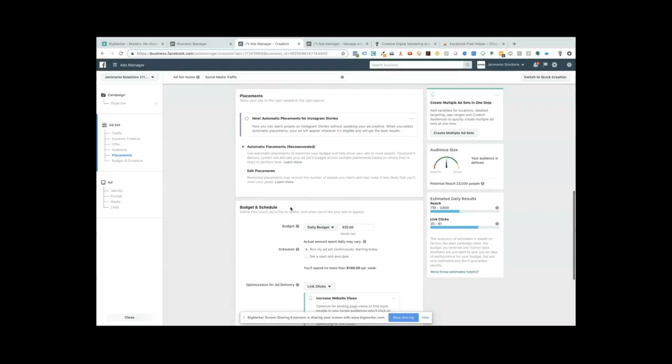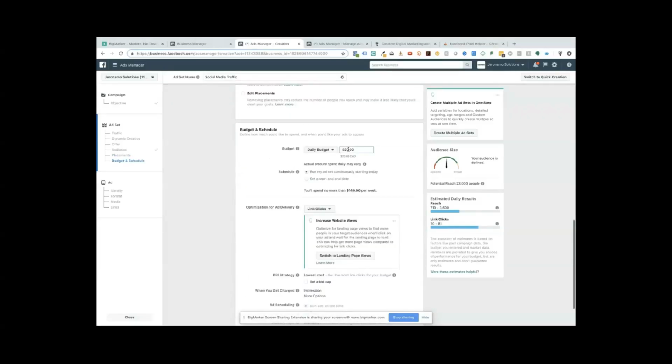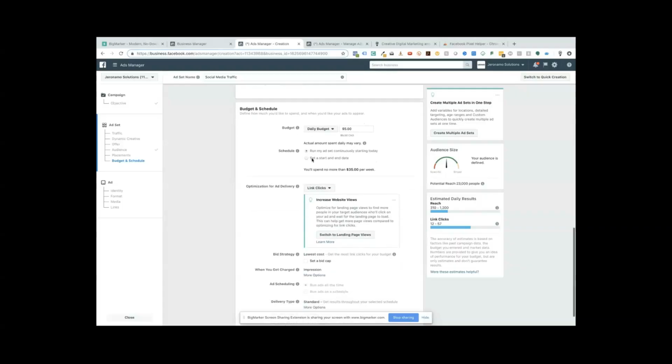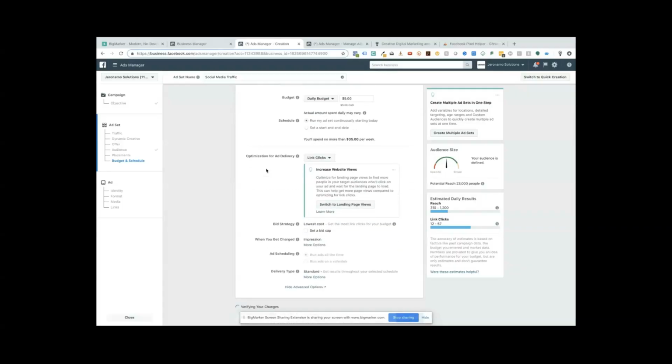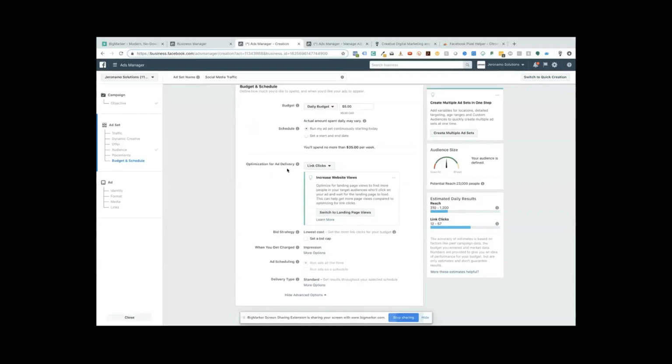So you can go into placements and all that kind of fun stuff. You can set your budget. Typically with these types of traffic ads, you need to use a minimum of $5 a day daily budget. For me, depending on what the ad campaign is, you might have it set to run continuously, or you can set a start and end date. For optimization for ad delivery, I have link click option. This is the default, but there is different things that you can do,